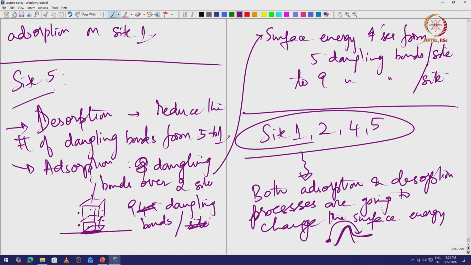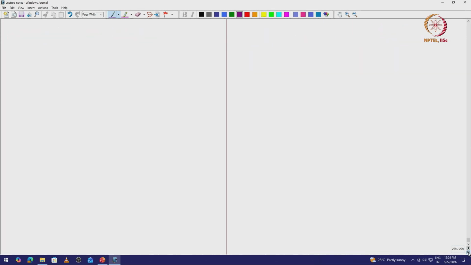So this is an increased surface energy. Or if I am desorbing, I have to come from this state to another surface energy state, which is either here or here. So every time I am crossing a barrier and trying to come to a lower or a higher surface energy. So it's not a free flowing process. Adsorption desorption is not a free flowing process, because every time I am actually